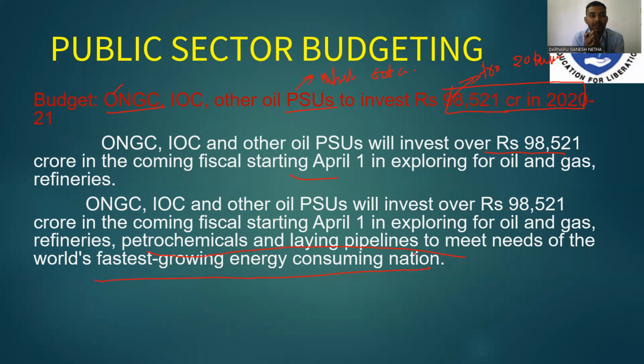We already know, if we consider population-wise, India is the second largest population country in the world. That is the reason more people are there. So it is a basic thing that if the population is more, then the basic needs are more. So that is the reason our government initiated laying petrochemical pipelines, and these pipelines are running very fast, and the aim is to grow the fastest energy consuming nation. That is the main aim of